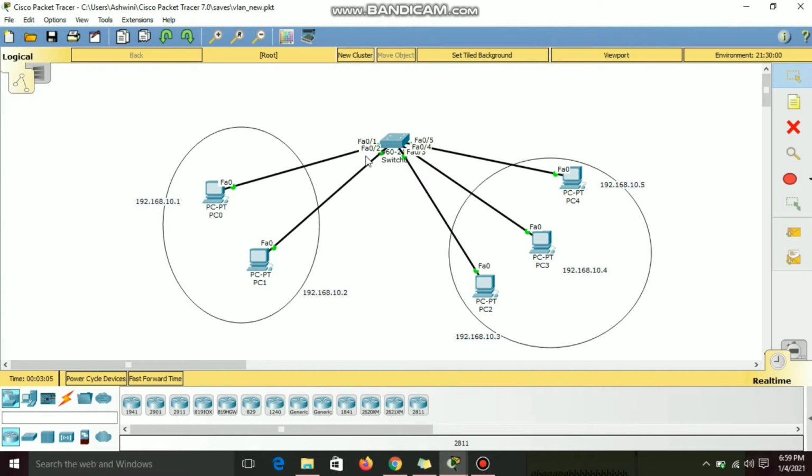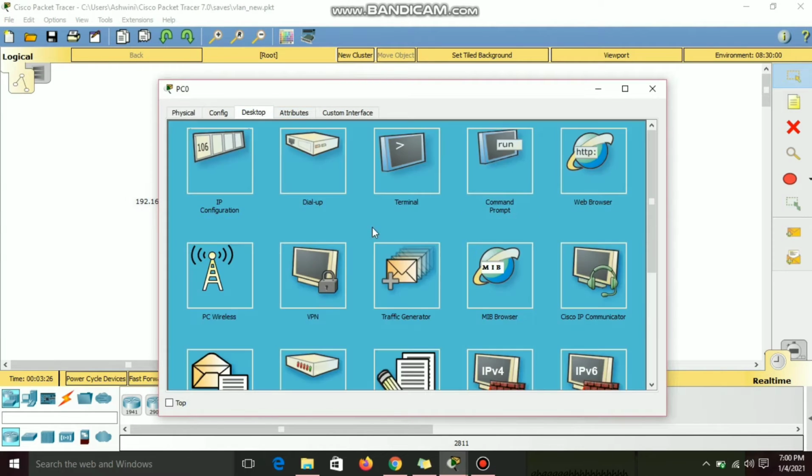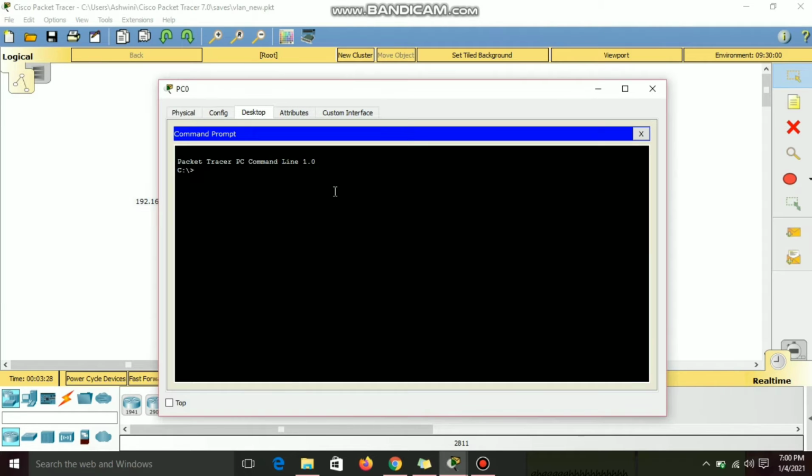So here I have connected 5 devices to the switch and I've assigned the IP addresses accordingly, 192.168.10.1, 2, 3, 4 and 5. So now they can ping each other because all of these are in the same VLAN. So let's check that. I'm gonna ping 192.168.10.2.